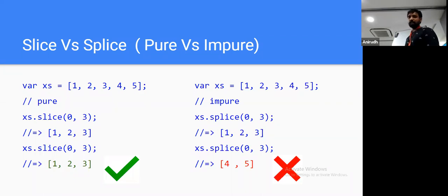To create pure functions, you need to make sure that you are not mutating the data in that function. You're not making API calls, and you are not using setTimeout. Basically, in a pure function, you need to make sure that for a given input, the same output is given. In that case, you would be able to write test cases.